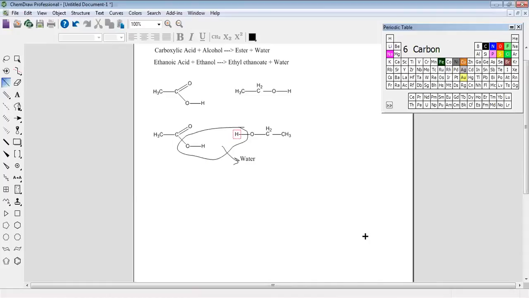It's very easy। We have taken H out of the alcohol, we have taken OH out of the acid, and combining these, we get the formula H2O, which is basically water।